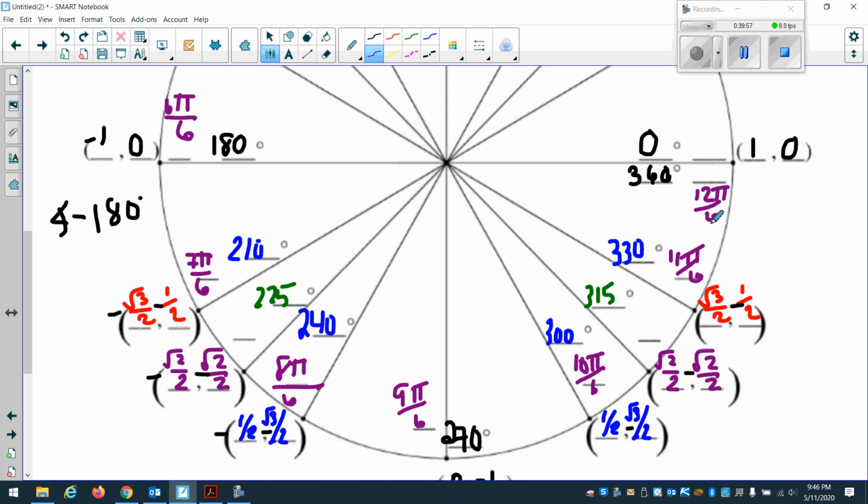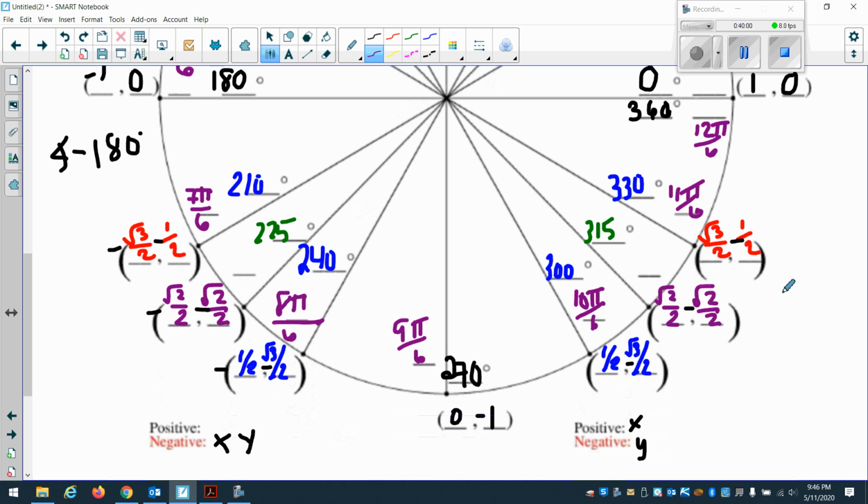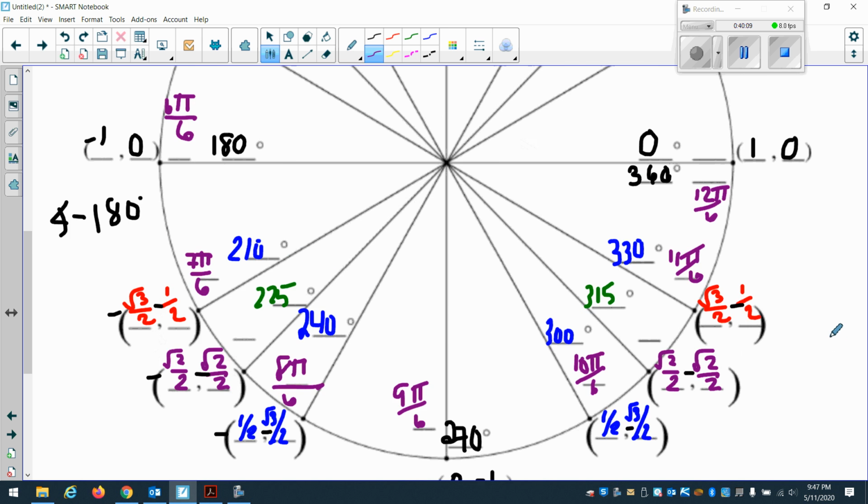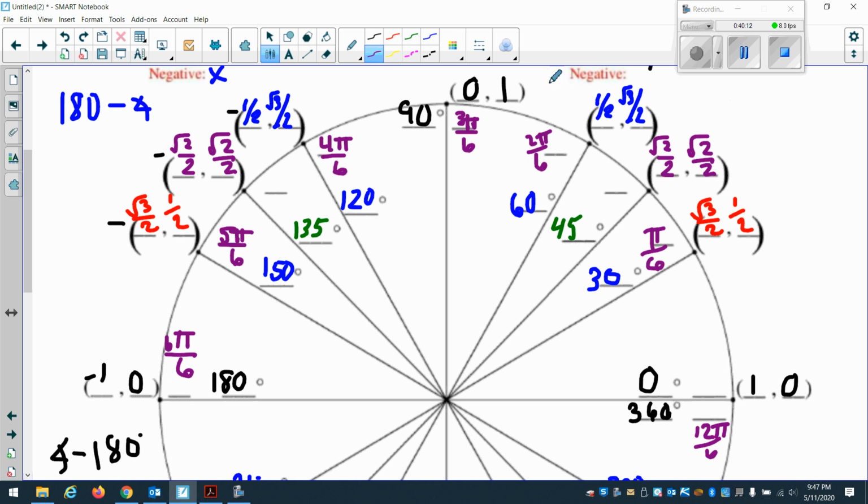So if you notice so far, before reducing anything, every 30 degrees has the same denominator as of right now, okay? We're going to reduce in 1 second. Anywhere you see a fraction that can be reduced, we're going to reduce it right now. So pi over 6, and then 2 pi over 6 reduces to pi over 3,